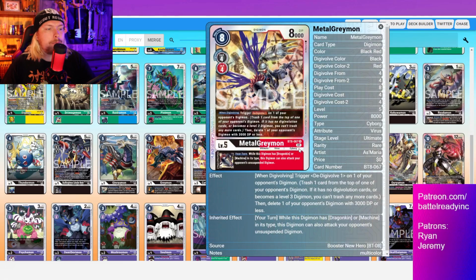really sure. Next, we got Metal Greymon here. This one's really good. When Digivolving, trigger de-digivolve one of your opponent's Digimon. Then delete one of your opponent's Digimon with 3,000 DP or less. Now, it doesn't have to be the same one for that. So you can de-digivolve a Mega and then look at a rookie and pop the rookie. So I like the kind of generic ability where